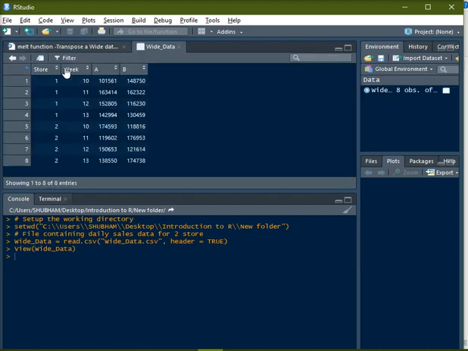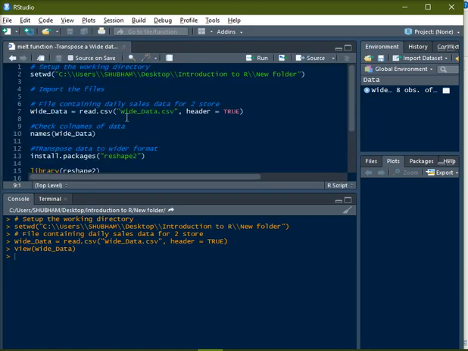So the wide data consists of 8 records. First is your store ID, which is a unique identifier for a store, say a supermarket. The second column is your week, which is basically the week number: 10th week, 11th week, 12th week, and so on. And A and B are the names of two categories, and the numbers present in the cells of these two columns are the sales metric, or sales numbers, right?